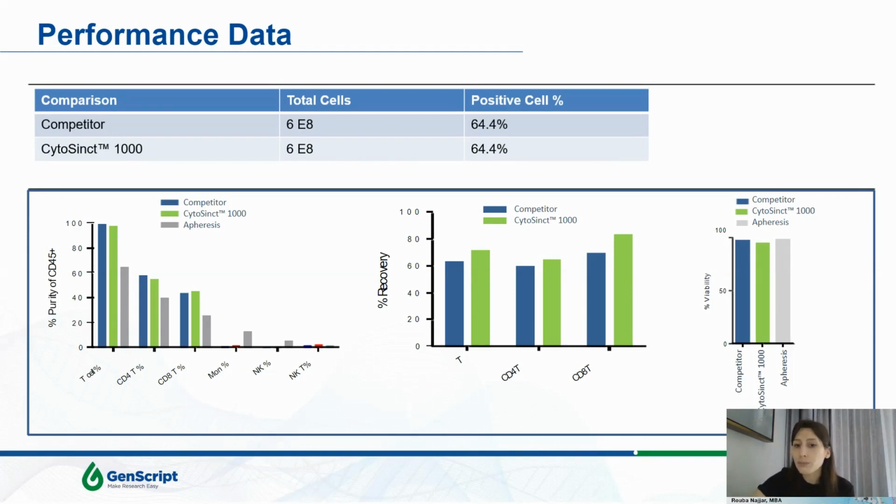And then in the middle graph, what you're seeing is really the recovery percent. And again, it was a side-by-side comparison next to the competitor or the readily available market solution. And again, the GenScript solution is in the light green, and it was actually shown to be outperforming the competition. And then the last graph on the right-hand side is to show the viability of the cells that were